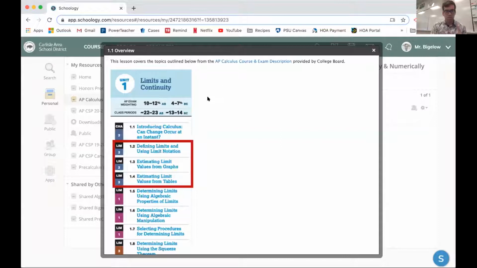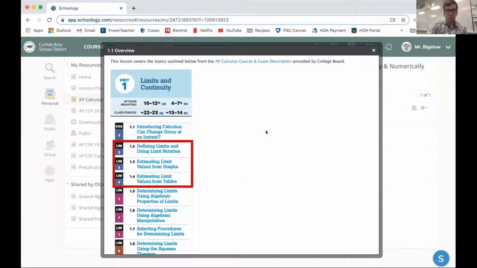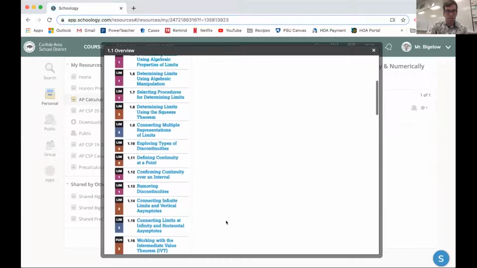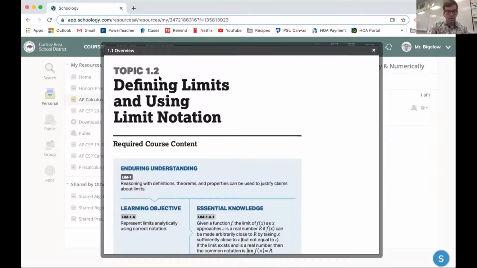So this first lesson of ours is going to encompass lessons 2, 3, and 4 from the College Board's Unit 1. So that's going to be defining limits and using limit notation, estimating limit values from graphs, and estimating limit values from tables. And this overview is also available on your Schoology page. You can see we're gonna get into more of this stuff in the next 2 lessons as well. And as we go down here, you can see